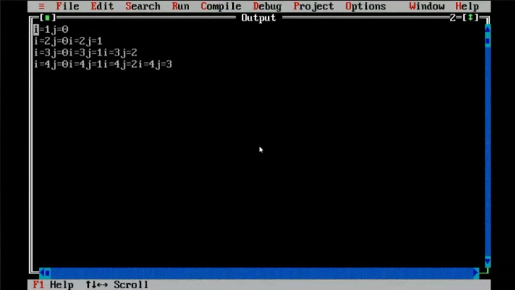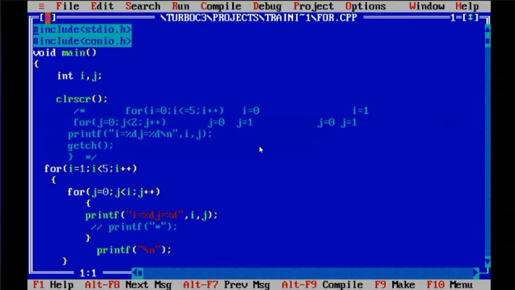See, if you see the output, you can understand I equals 1, 2, 3, 4, where I equals 0, J 0, I equals 2, J 0, 0, and I equals 2. See, is it giving any confusion? No, ma'am. I remained same, J increased. So I 3, J 0, I 3, J 1, I 3, J 2. Similarly, I constant 4 and J is 0, 1, 2, 3.